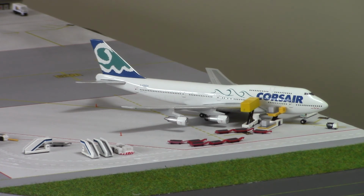This is operating a charter from Manchester. It's unknown exactly which airline it's operating on behalf of. It could possibly be Britannia. Again, not entirely sure, but as you can see, getting well underway there with services, unloading the baggage containers from the cargo deck, and also the yellow